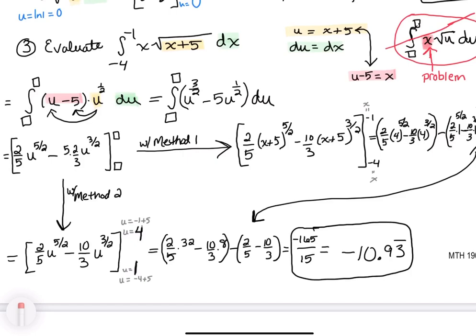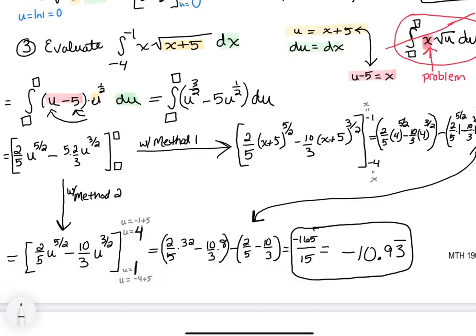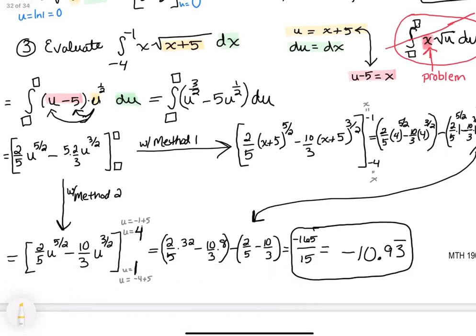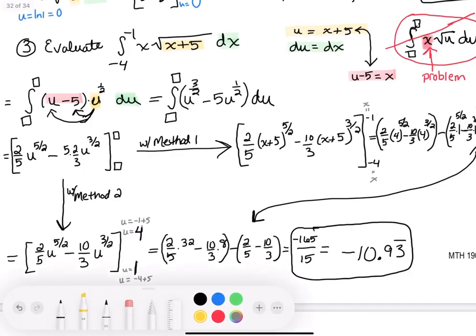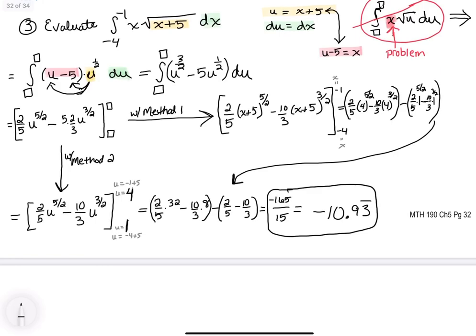This one, it just required a little bit of distributing up here at this step that I just accidentally erased, like I tend to do here. It just required a little bit of distributing at that point. But sometimes you get to something where you get an integral and it actually wasn't any easier. Like you do all these things, you get it in terms of u, and you still can't integrate it. You know, again, integration is a little bit more of an art form. It's not like taking derivatives where it's just simply following